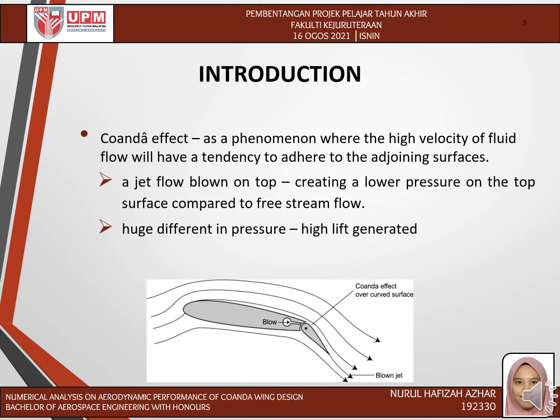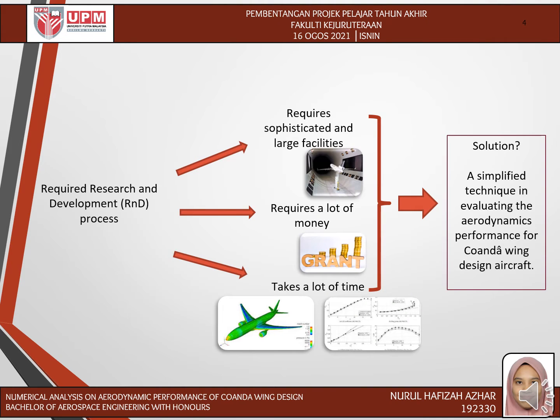The Coanda effect works by having a jet flow blown on top of the Coanda surface, where it will create a much lower pressure on the top surface compared to the free stream flow. This huge difference of pressure will generate high lift. This Coanda effect has been widely implemented in various engineering applications, especially in UAVs. The application of the Coanda effect offers many advantages such as increasing the lift-to-drag ratio, improving the stall and install, and